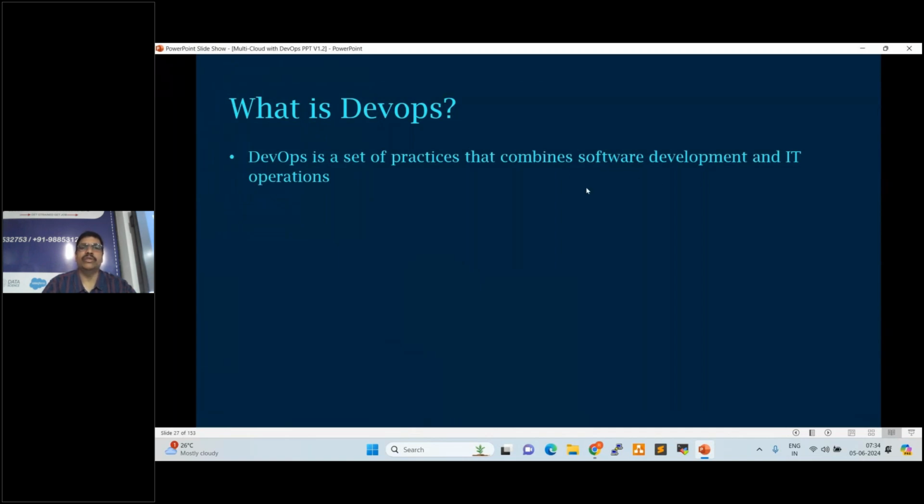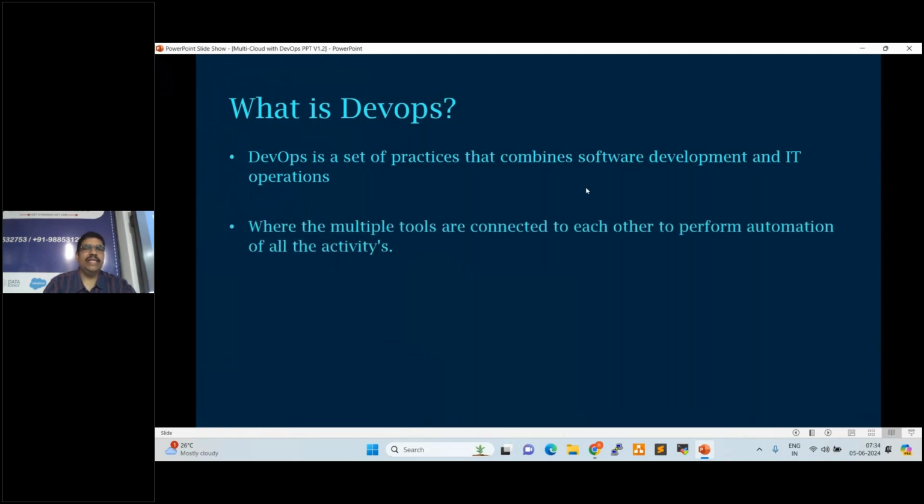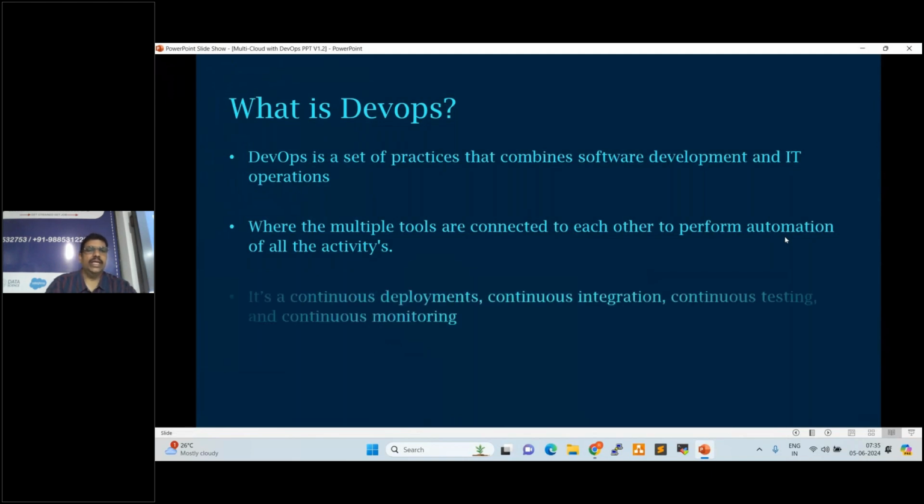Multiple tools are connected to each other to perform automation of all the activities. What is automation? The day-to-day activities we perform manually, we can do in an automated way. It covers continuous deployment, continuous integration, continuous testing, and continuous monitoring. What is deployment? What is integration? What is testing? What is monitoring? We will see in further slides.